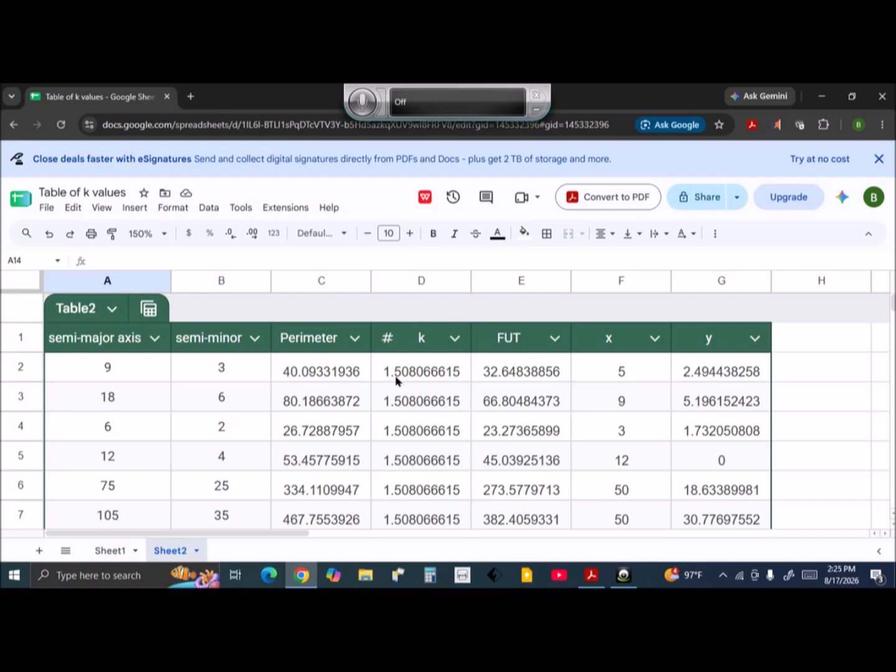We can go back to calculating the perimeter from the original equation that I derived at the beginning of this work. And why is that good? Well,